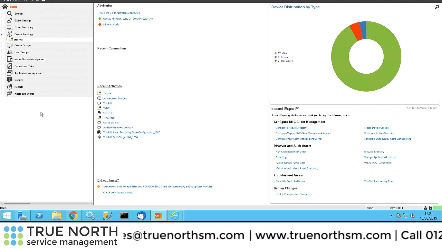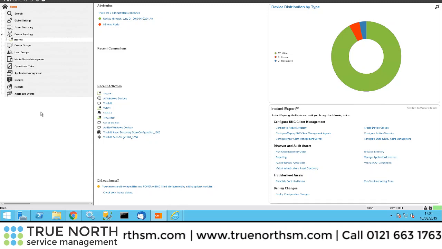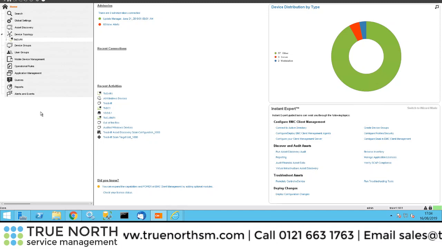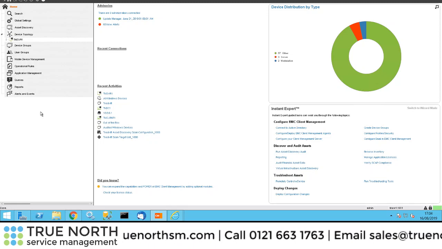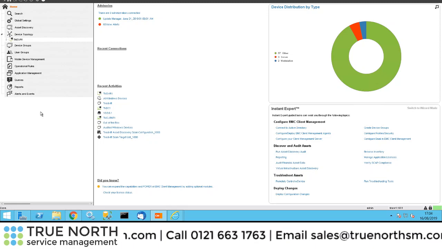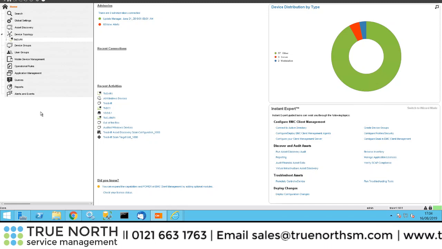And then you've got compliance manager, so you can ensure that your endpoints are compliant with policies that you have. Maybe people need to be on the latest version of Internet Explorer as an example, so you can enforce policies. All of these work together nicely and integrate. We'll do more demonstrations and videos on that functionality, but just for today I just wanted to show you the